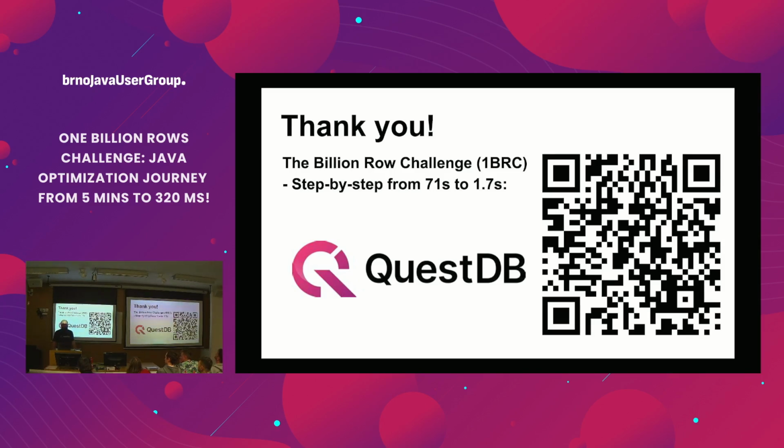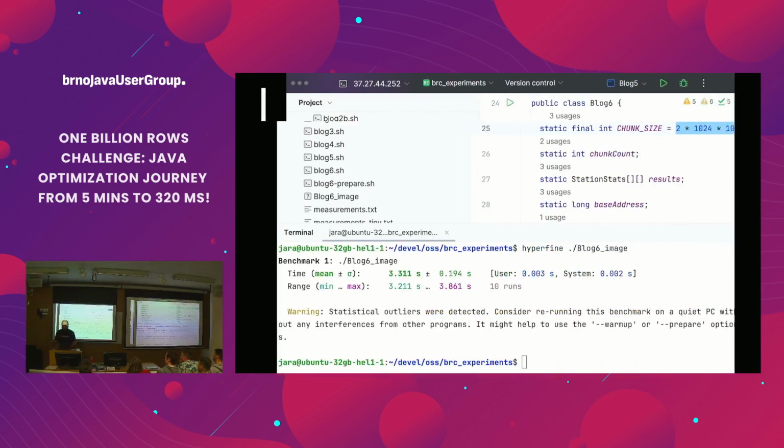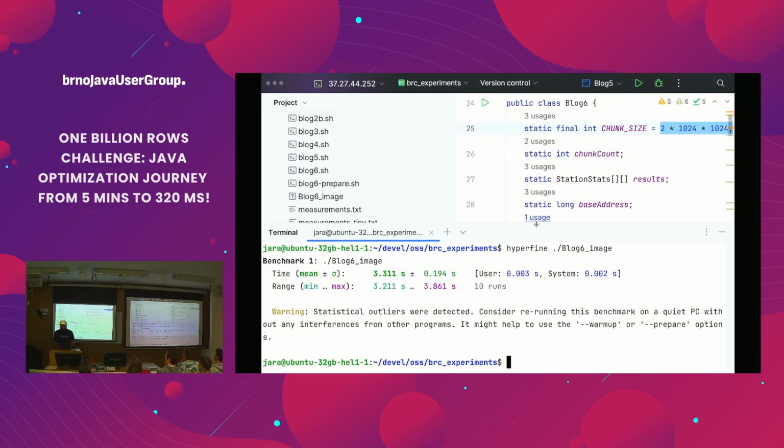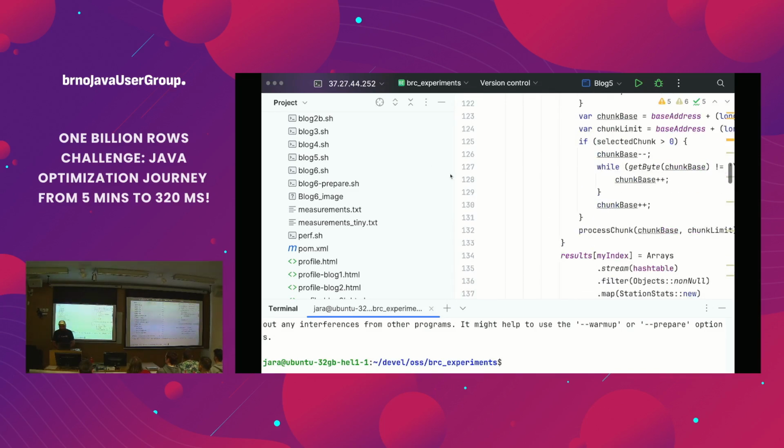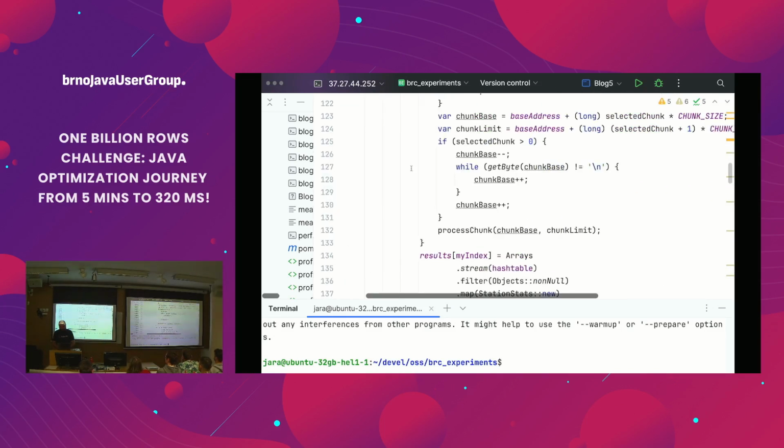Any other question? Yeah? In that super multi-small chunk solution, where we are splitting the file by megabytes, there was still some searching for the end of the line. Yeah, sure. It has to be. There was a little bit. Where is it?